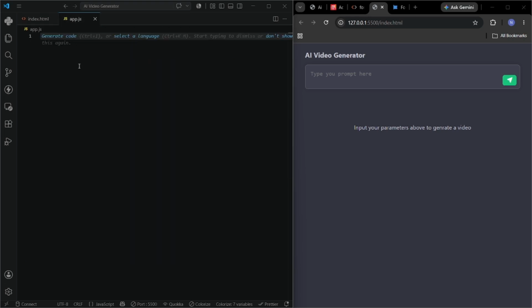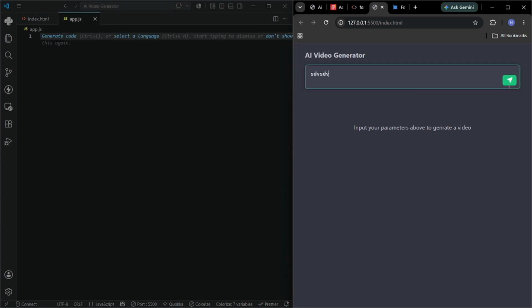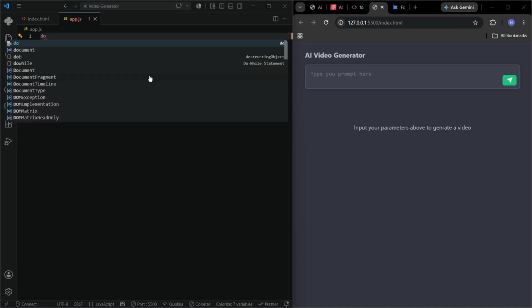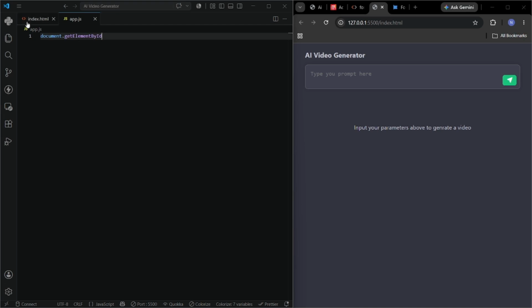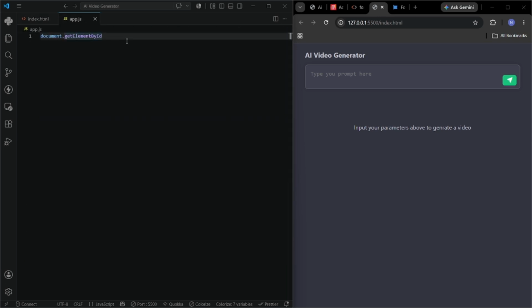So here it is, app.js. In app.js, first of all we need one function, that is, whenever we type something here and we click it, then we have to run this JavaScript, right? So for that, we'll pick this button, dot getElementById. We have our ID here. The ID is generate-btn. Pick this,